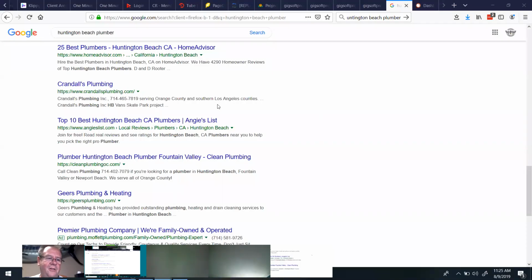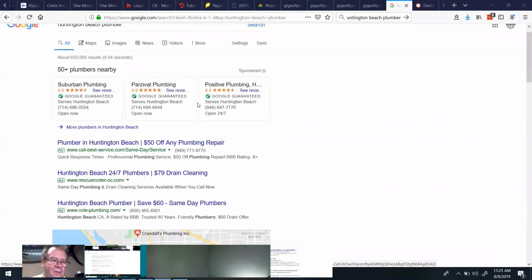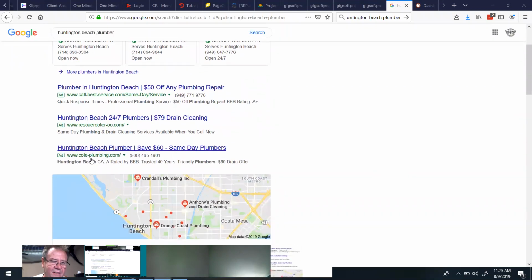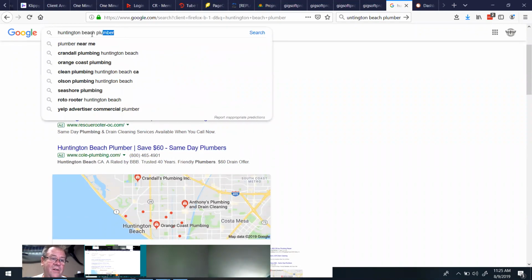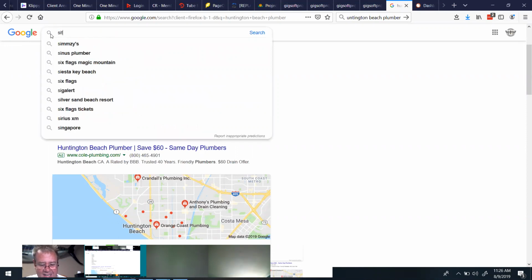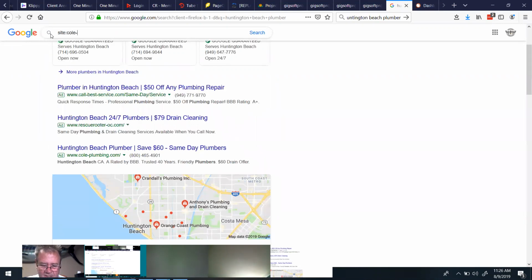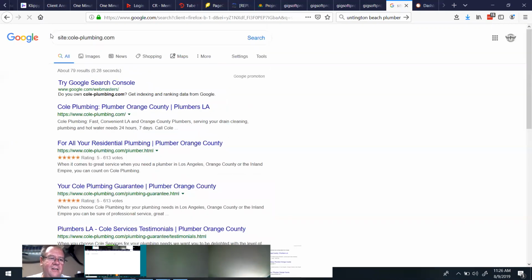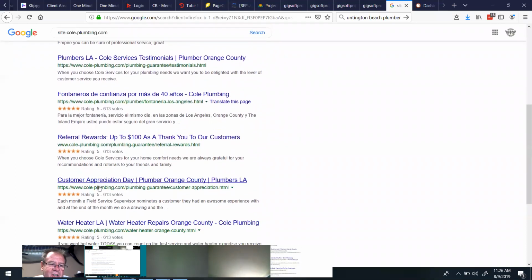Okay, so if you're in Google, remember that one we looked at? We looked at coal-plumbing.com. That site only had one keyword. So let's take a look. Site, S-I-T-E, and then colon, the two little dots, one over another. And then we put in coal-plumbing.com. When you run this search, it is going to tell you how many results are shown.